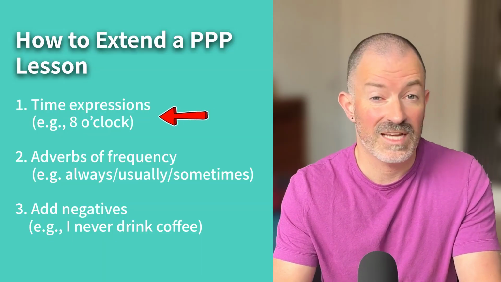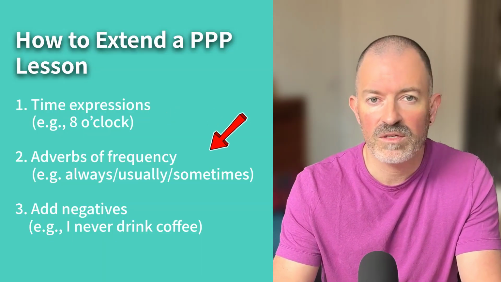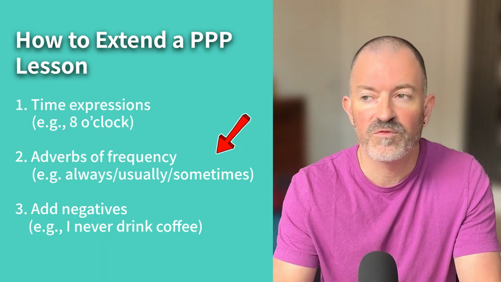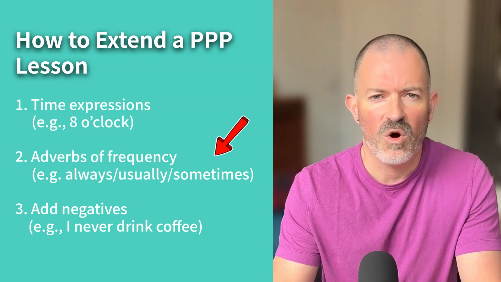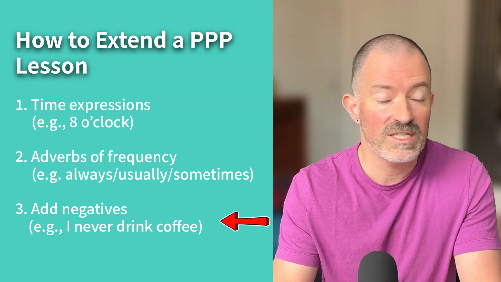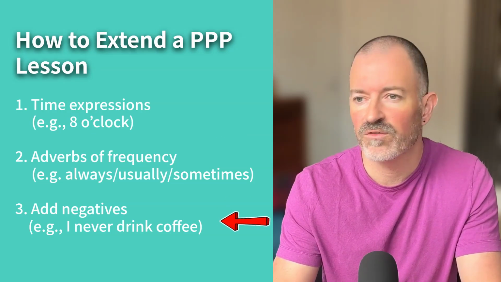You could introduce time expressions like 8 o'clock. You could introduce adverbs of frequency such as always, usually, sometimes, or you could even add a negative like I never drink coffee in the morning. That's PPP in action, and it's a simple framework that takes students from understanding new language to using it for